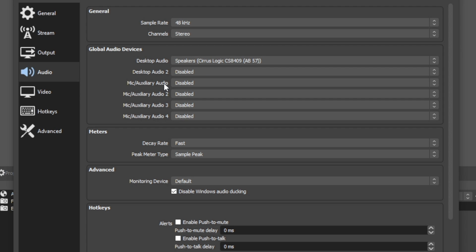For the mic auxiliary audio, this is going to be your commentary microphone. This is important to understand because you need to have some sort of USB or interface connected with your computer so that way you can record your voice. You're not gonna get the commentary audio just because you're talking to your chat on your console. That is a total separate microphone. You need a microphone connected directly to the computer that OBS can select so that way you can have your